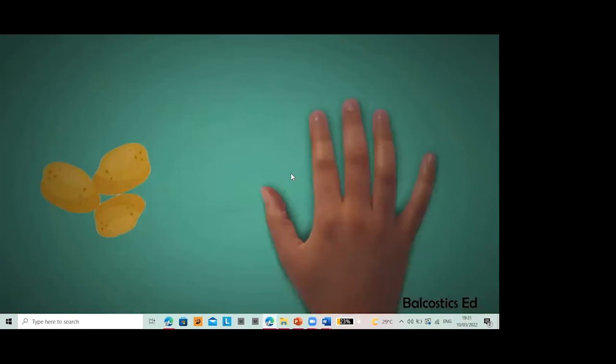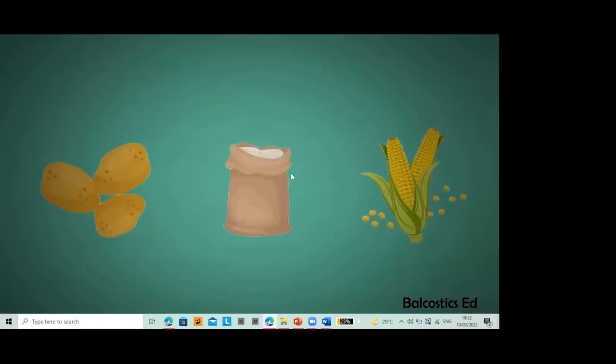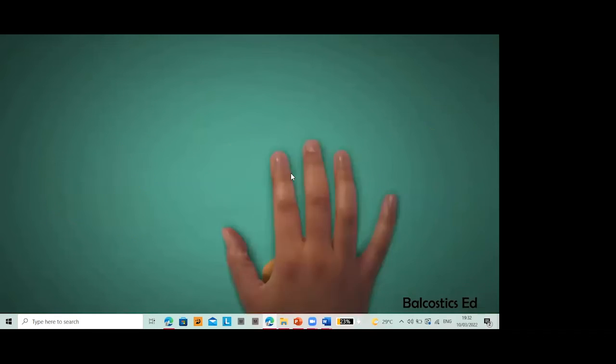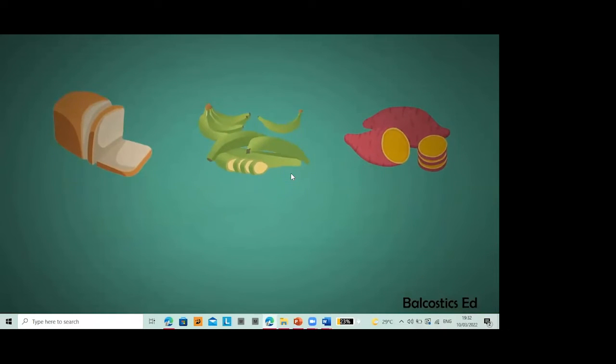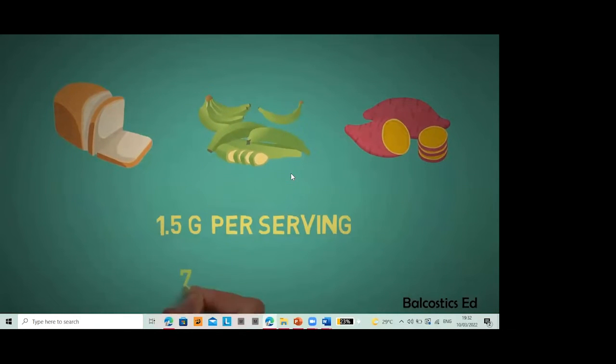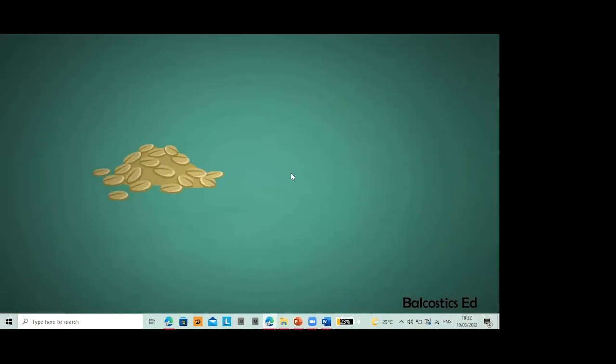The Irish potato, brown rice, and whole kernel corn provide the least fiber per serving. Those of better value are whole wheat bread, green banana, and sweet potato, providing 1.5 grams per serving of about 70 calories. Richer still is rolled oats at 1.96 grams, but topping the list, you guessed it, our local breadfruit at 2.45 for a serving of 2 slices.